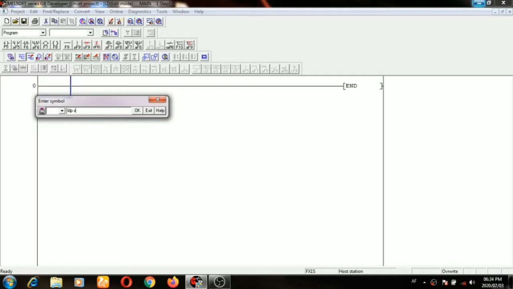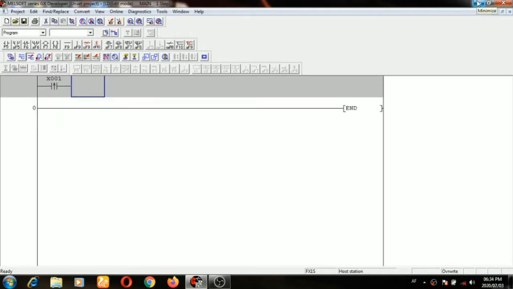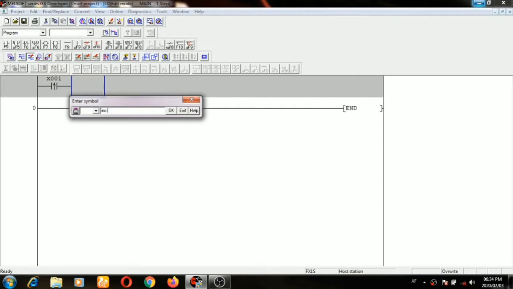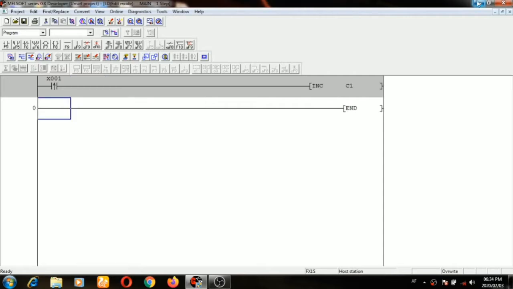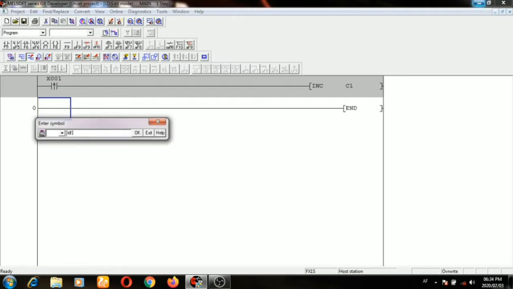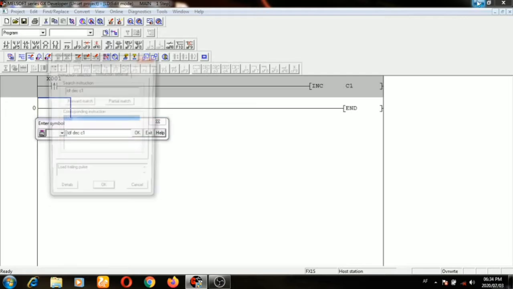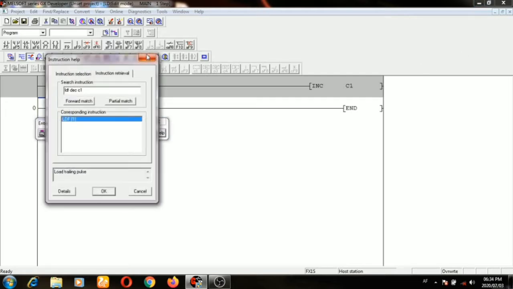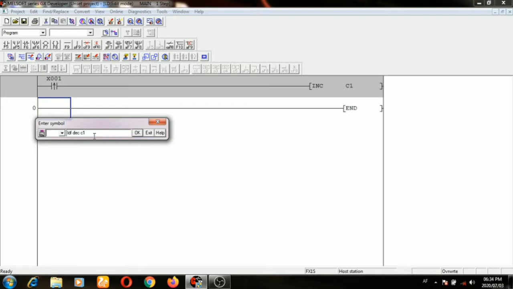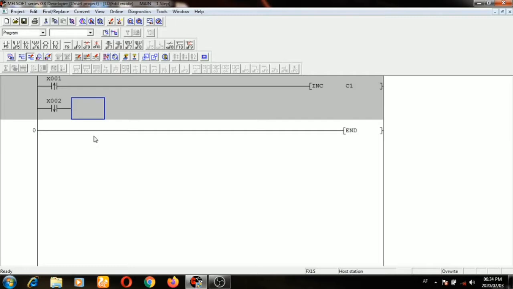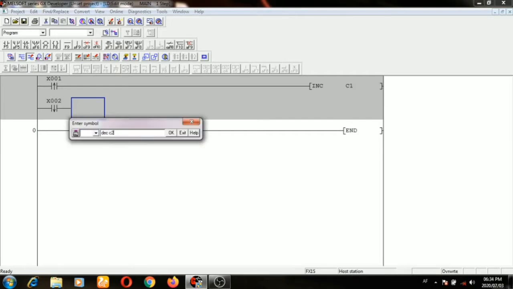LDP X1, the instruction for rising pulse. Now INC, increment counter C1. Let's take C1 as a counter. Now LDF, falling pulse, and DEC C1. It's wrong somewhere, sorry: LDF X2, now DEC C2.